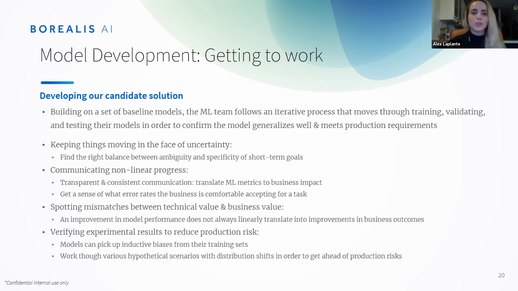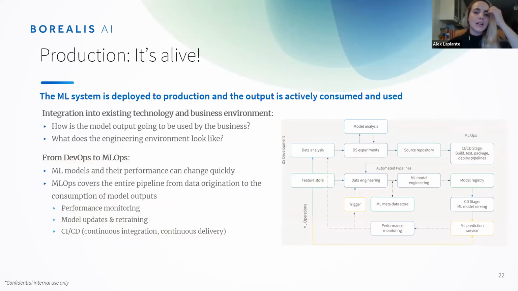And that, of course, brings me to production. A lot of the things that you think about in production are the exact same things that all of you guys would already know about, so I'm not going to go too much into detail there. The key message I want you to leave with, though, on this one is we start thinking about these things very, very early on. So basically in discovery, we bring on an engineer to go through that entire life cycle with us. Of course, the engineering team helps with some of the model development as well, but we're really trying to map out the feasibility early on.